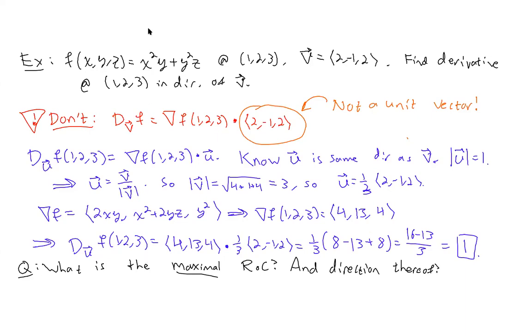Well, the direction of the maximum rate of change is just the gradient of f at the point (1, 2, 3). And we know what that is. That's going to be (4, 13, 4). You don't have to make it a unit vector because all we really care about is direction, so it doesn't matter how we scale it. That's fine. But the magnitude